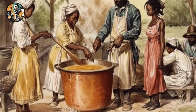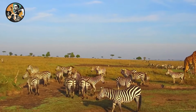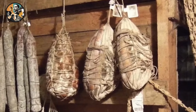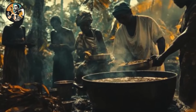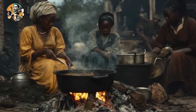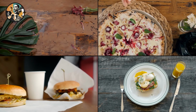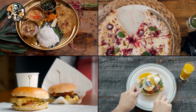The resourcefulness of enslaved people went beyond just growing vegetables. They adapted to using parts of animals that were discarded by plantation owners, such as pig intestines, feet, ears, and tails. Intestines, for example, were turned into chitterlings, or chitlins, a dish that became a staple of what is now known as soul food. Preparing these dishes required significant cleaning and long cooking times, but enslaved cooks seasoned them with available herbs and spices to make them flavorful. This creativity is still seen today, as chitterlings and other such dishes remain a beloved part of Southern cuisine, especially